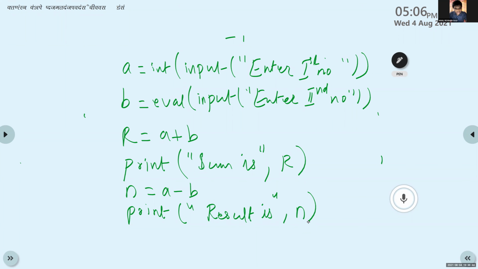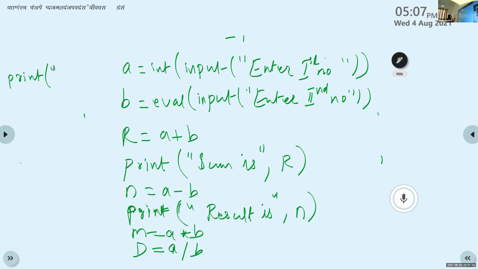A into B. That is, M is equal to A into B. After that, print statement. D is equal to A by B. Then we can print the result.